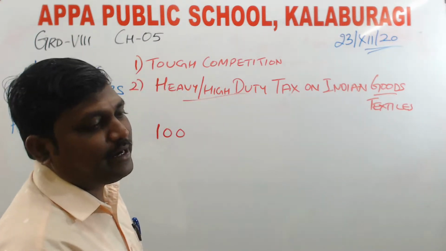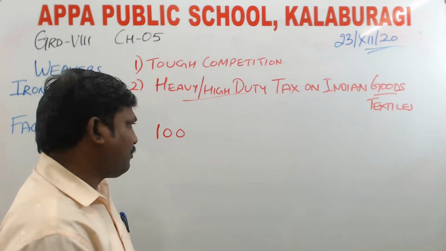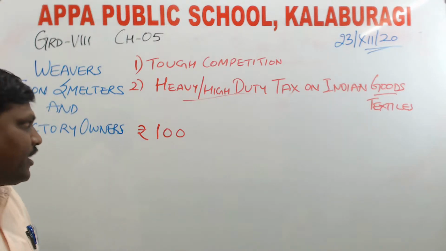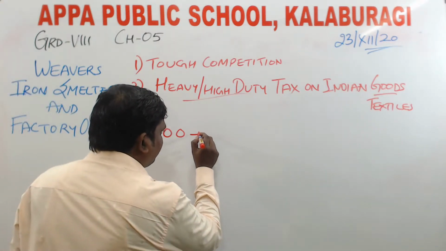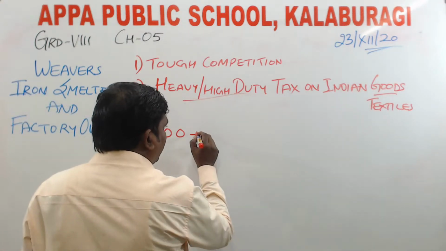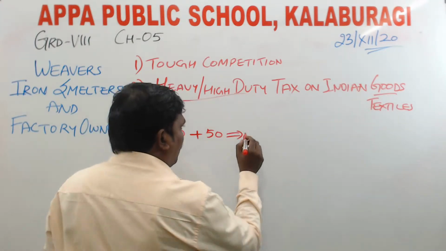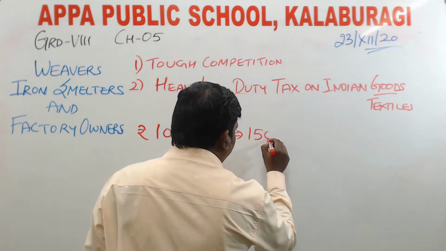So suppose if earlier the price of the particular cloth was 100 rupees, after imposing a duty, a tax of 50 rupees, it went all of a sudden to higher. It means